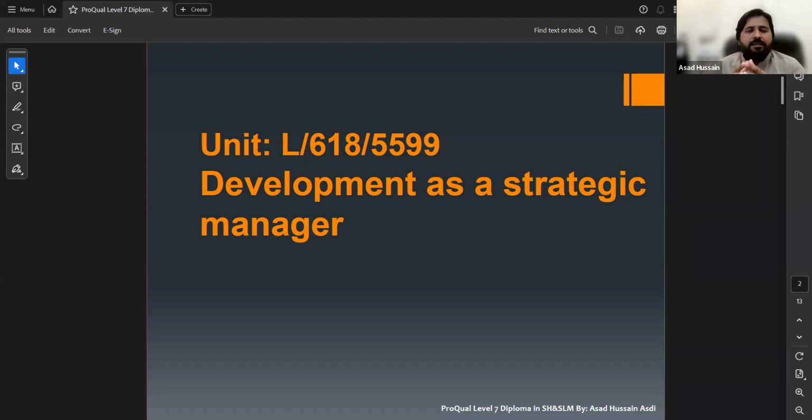Now moving forward, I just want to confirm that there are two things in each unit. As you know very well, there are learning outcomes and assessment criteria. Learning outcome means that a learner will be able, after this unit, to have this type of information or knowledge.